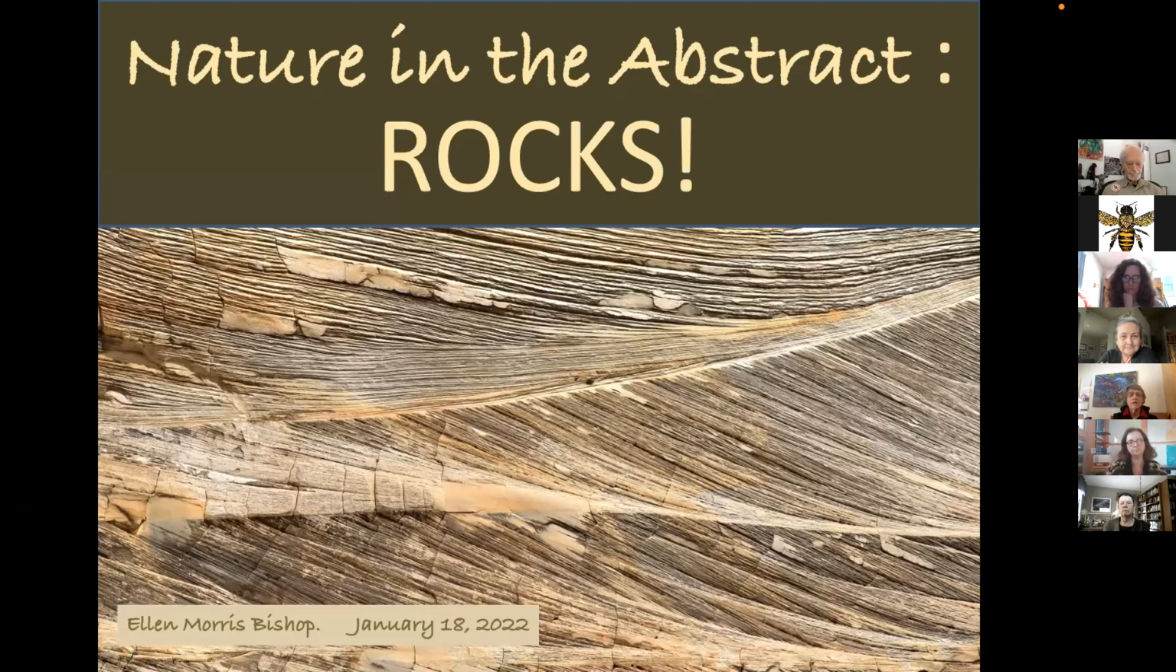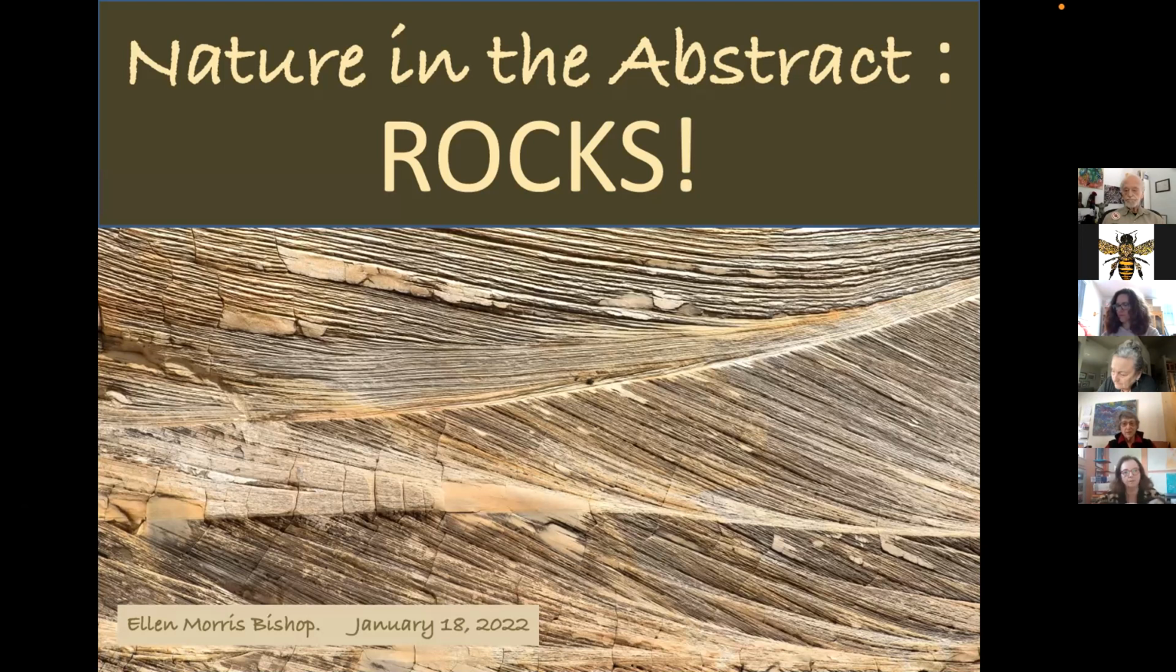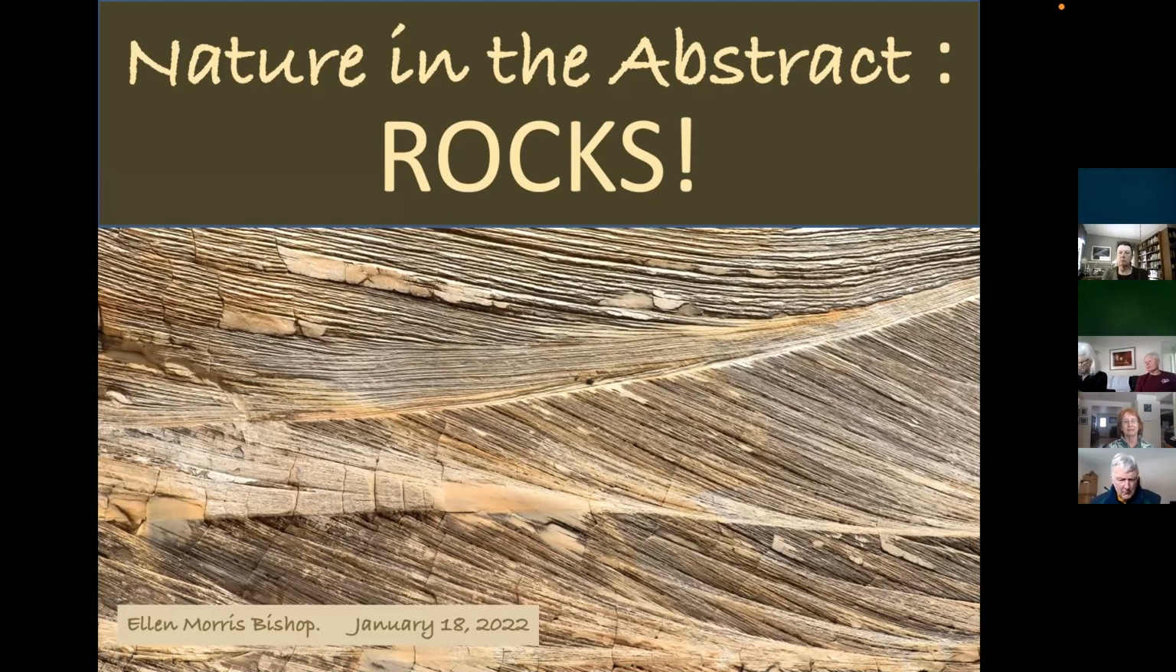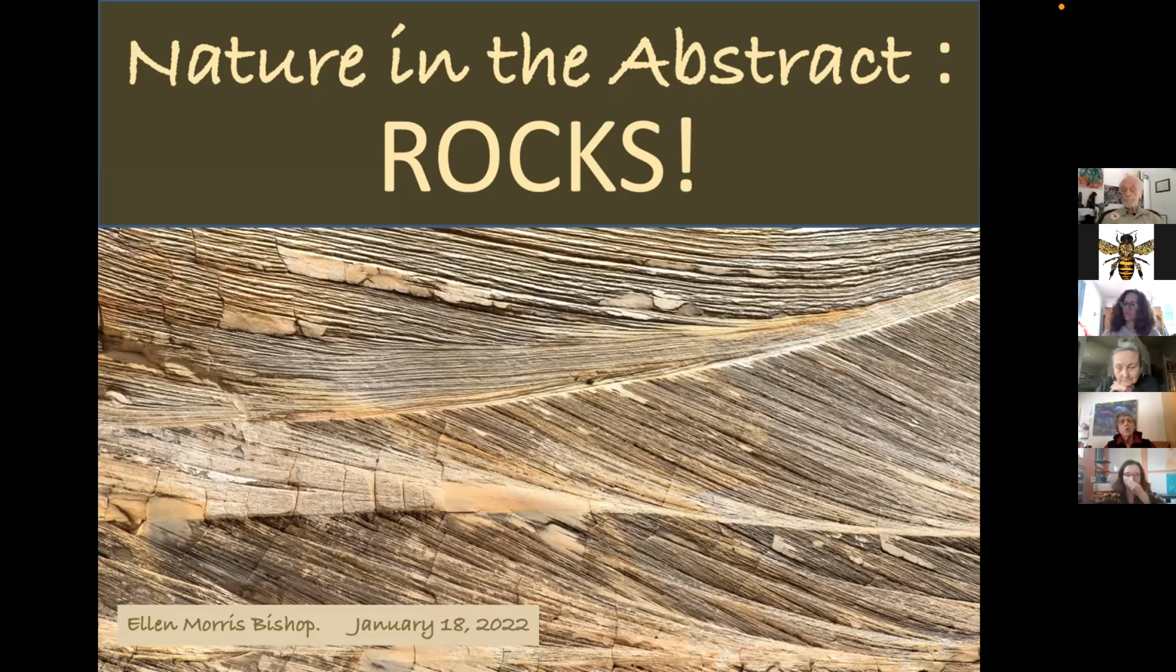Okay, so basically the title of this exhibition is Nature in the Abstract. And it consists of three divisions of entries. One of them being Nature in the Abstract, which is images that are pretty much what one sees, like what you're looking at here on this screen, but nature that's made its own abstract patterns. And the next one is called